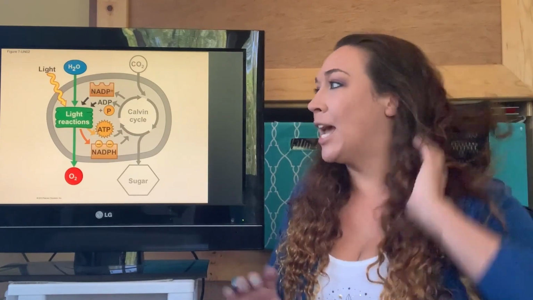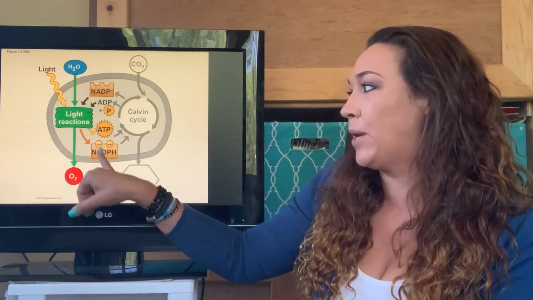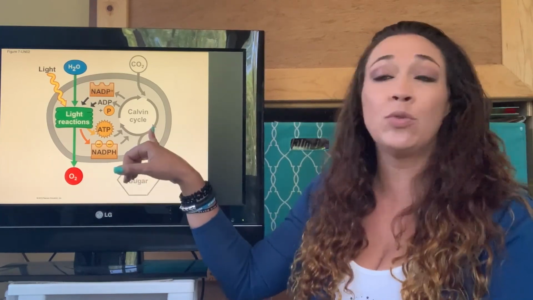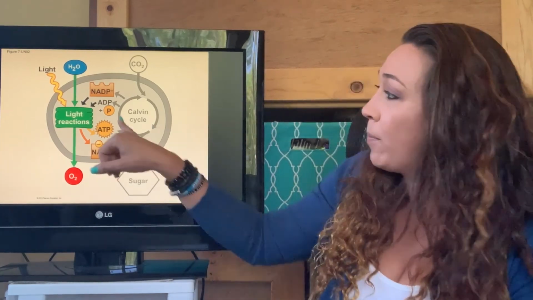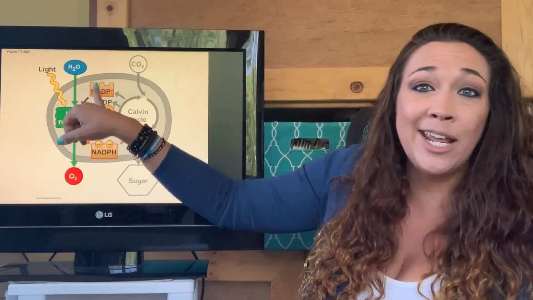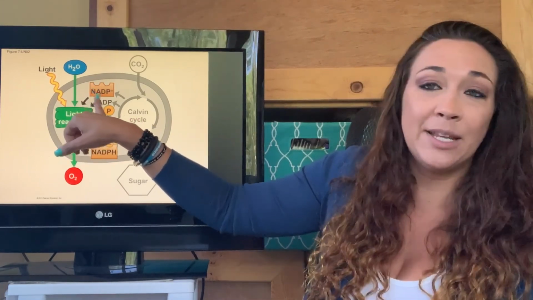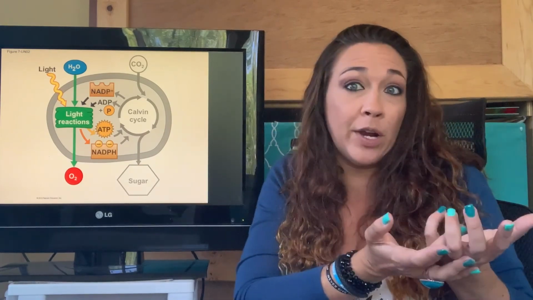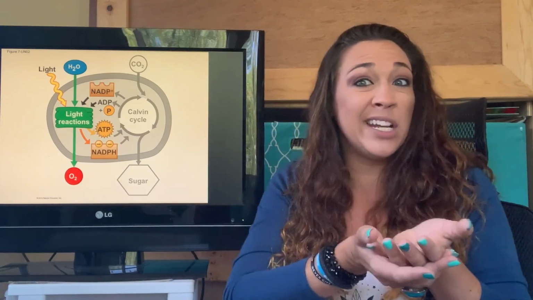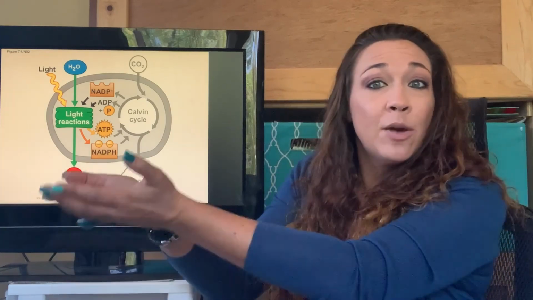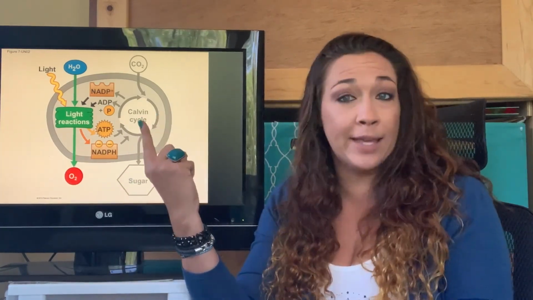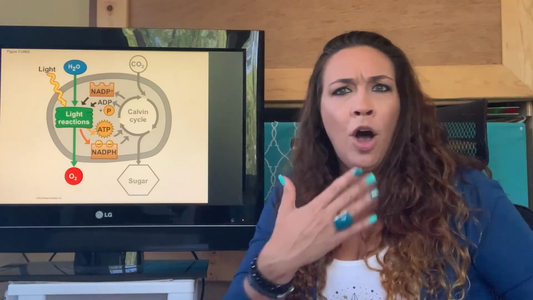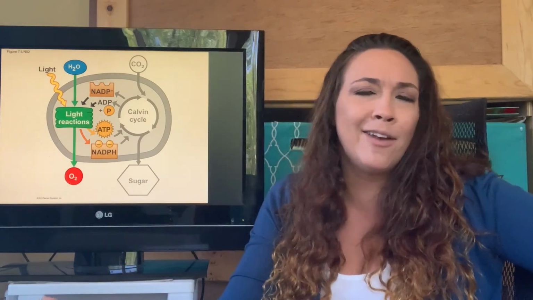Okay. Next up, we are going to take the ATP and NADPH that we just made, and we are going to enter it into the Calvin cycle. Okay, so remember, ADP and NADP plus are just temporary carriers. They pick up that phosphate if you're ATP, or you pick up the electrons if you're NADP, right? And then you're taking them where they need to go. In this case, they need to go to the Calvin cycle, okay? It is a cycle. Where have we seen a cycle before? The Krebs cycle. Again, very similar.